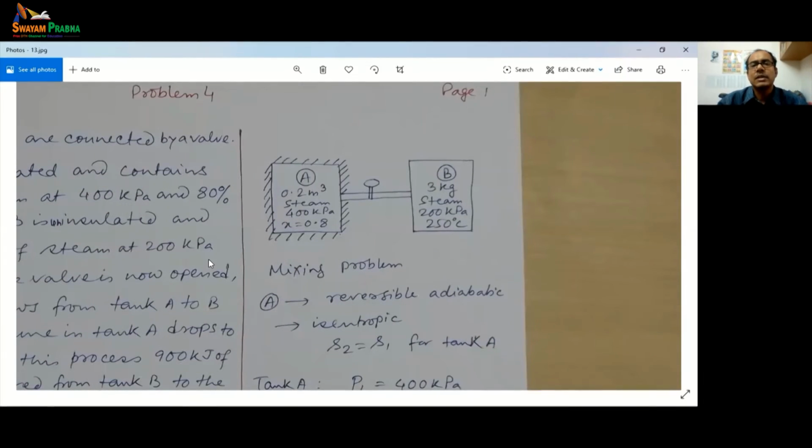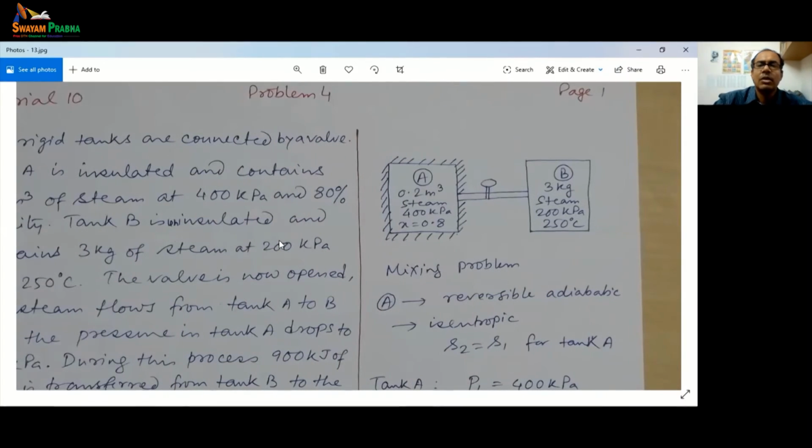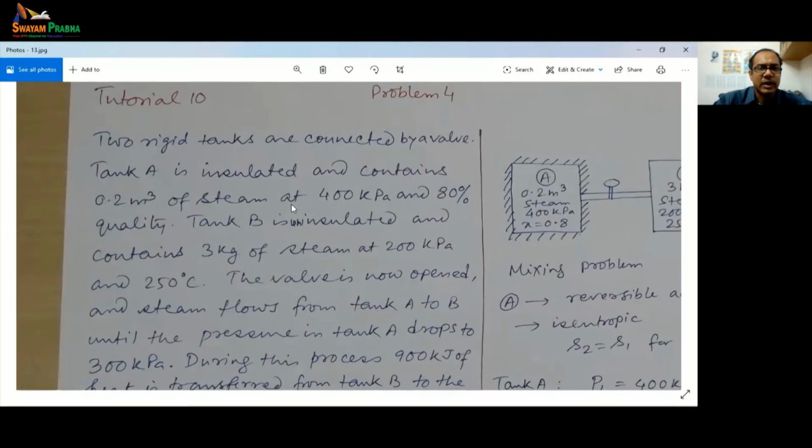So there are three major causes of irreversibility that we speak of. One is friction. Okay, the next one is heat transfer through a finite temperature difference. Okay, these are two major causes of entropy generation or irreversibility. And the third one is the mixing problem. Whenever you have two streams getting mixed, that's a point of entropy generation or exergy destruction. Okay, so this is such a problem.